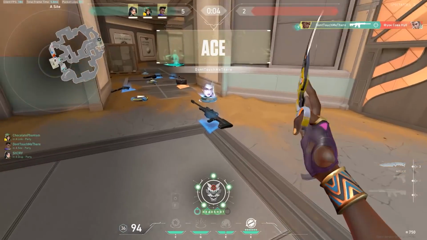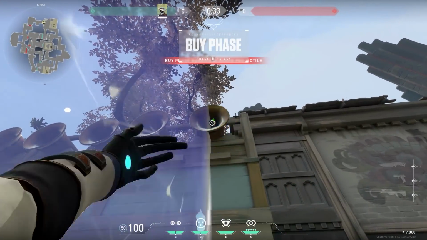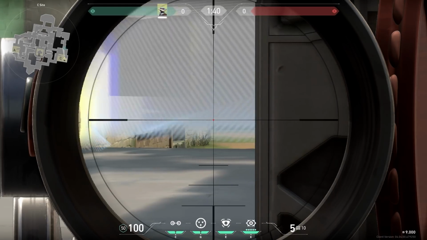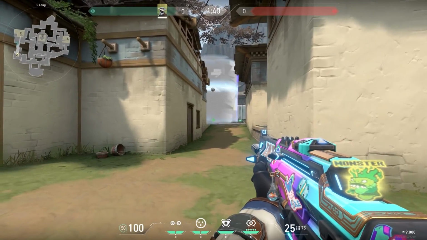Easy peasy, but still use utility, my friend. About utility, here's a nice way you can use the Cypher Cage. Simply stand against the barrier and throw your cage inside the trumpet. Very easy, you don't need any lineups. Then when you stand on the back side, you can look under your cage. The enemies will not be able to see you, unless they crouch, but I mean, who crouches and peeks at